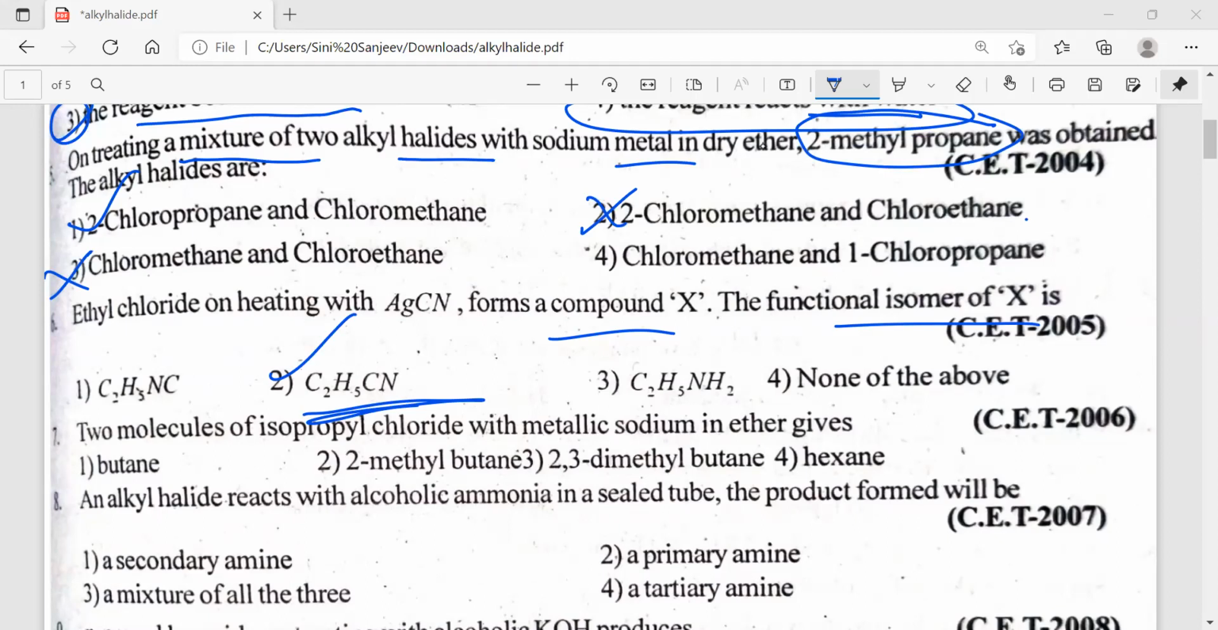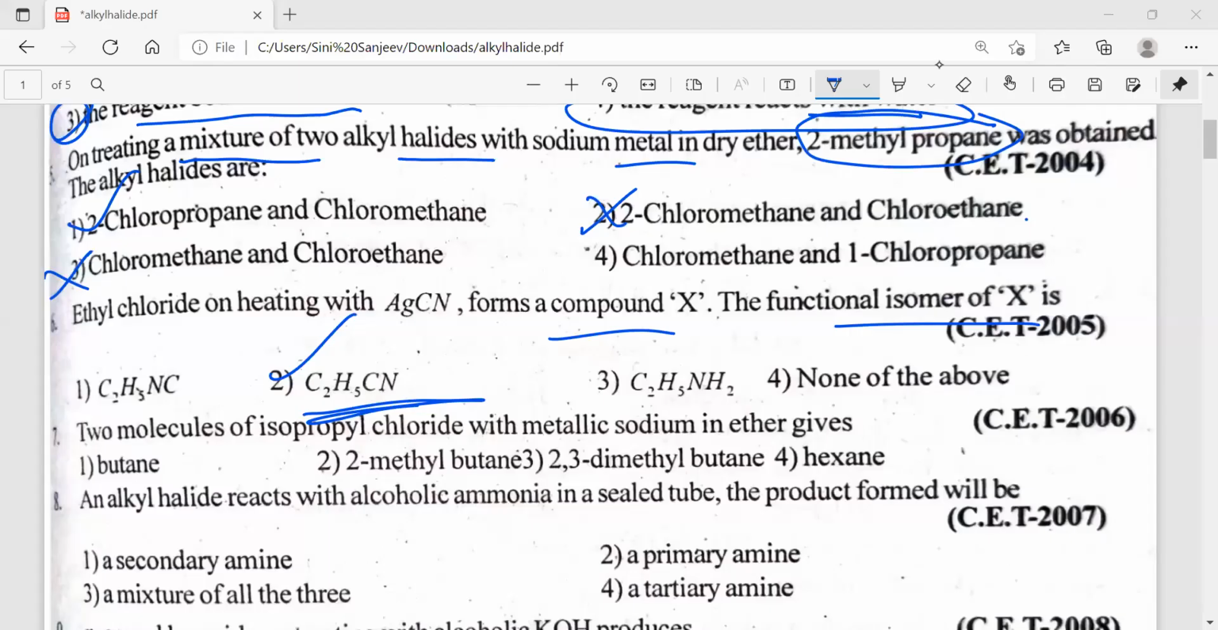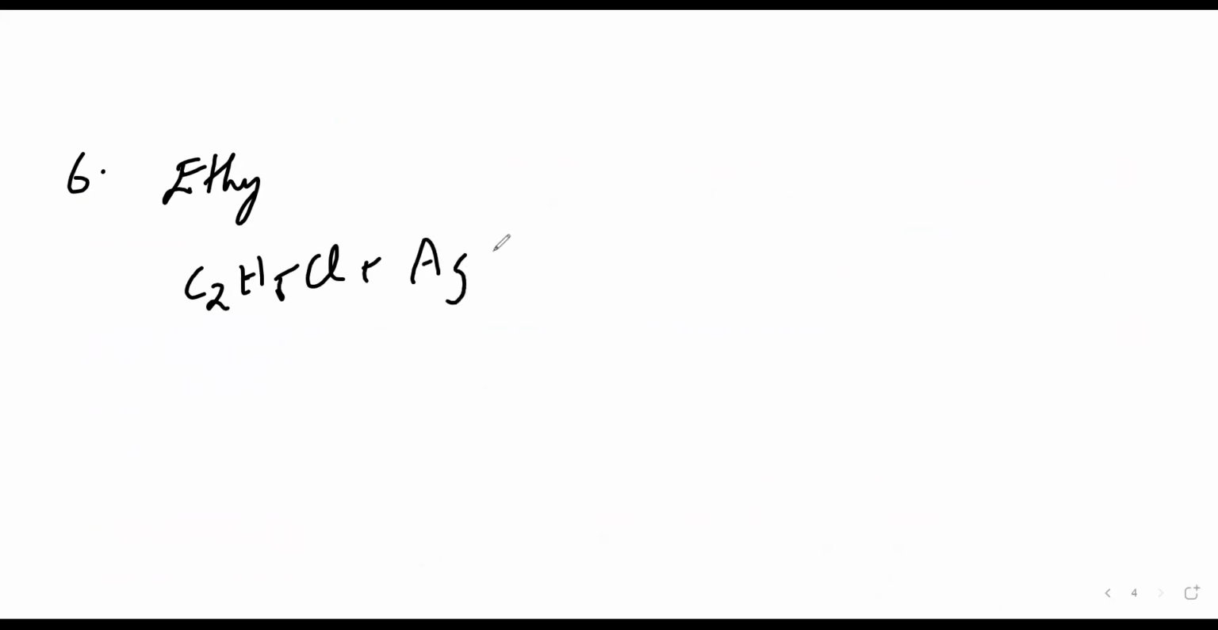See, I'll tell you this thing. If you're getting confused with this, the sixth one. In the sixth question, ethyl chloride heating with AgCN, correct? The main important thing you have to know in this question is the sixth one. Suppose the sixth one, the ethyl chloride, correct? I'll write down the steps only. C2H5Cl plus AgCN,